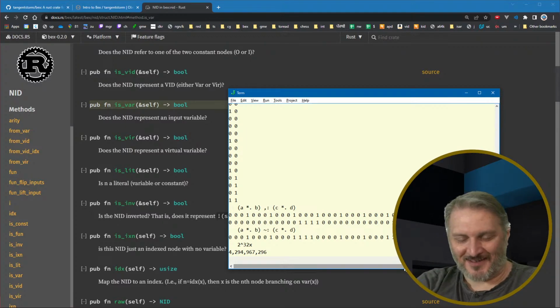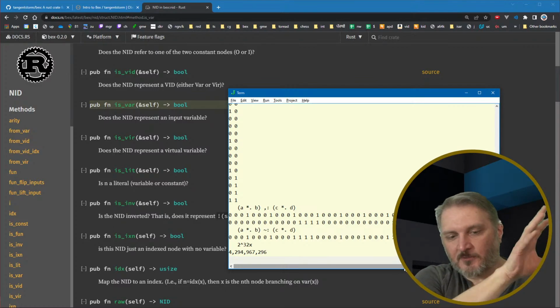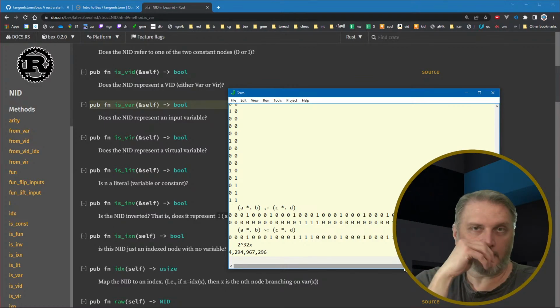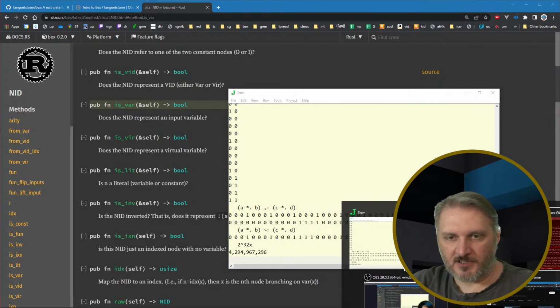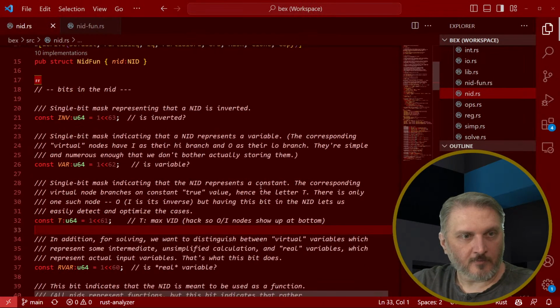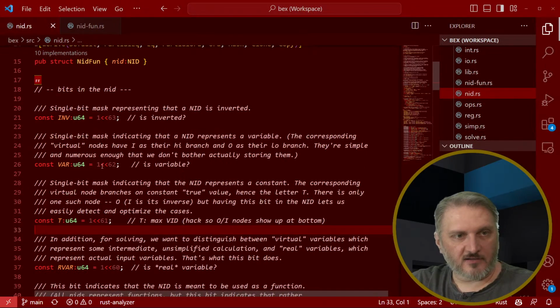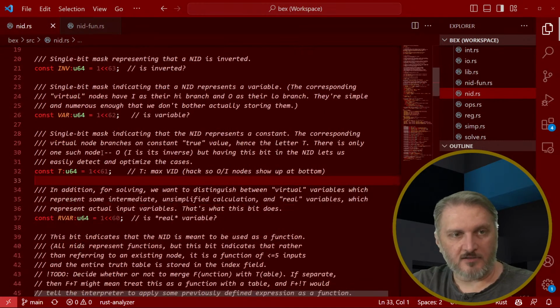Okay, I'm rambling again. That was a T node, or like the draft of a T node. All right, so then you've got the truth table in 32 bits, and then what do you do with the other bits? Well, some of the bits are a header, right? So right now, I think maybe 4 bits are being used as a header. Let me see. I've got an invert bit, I've got a variable bit,